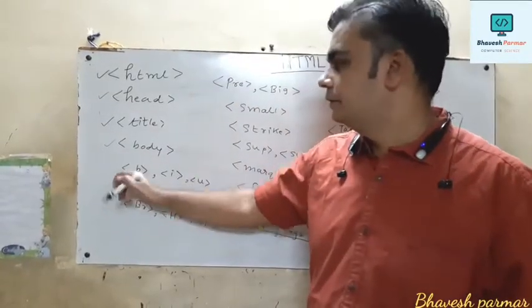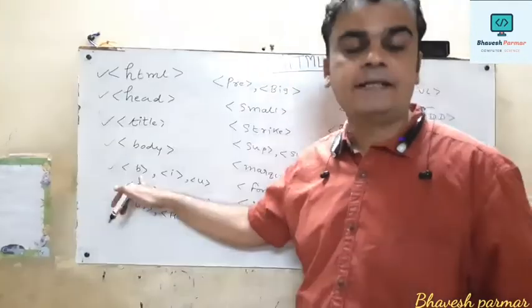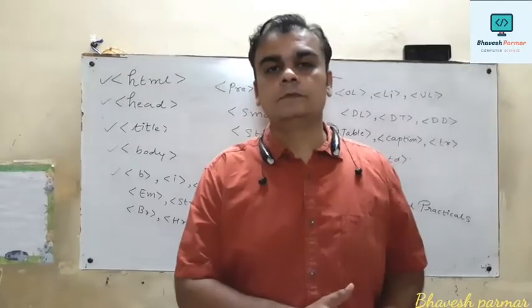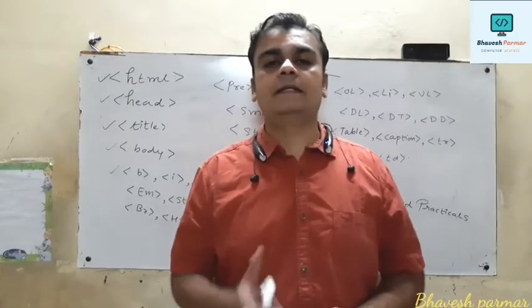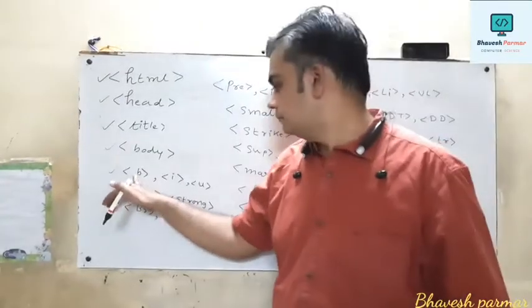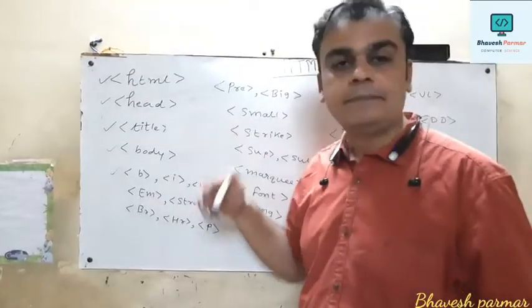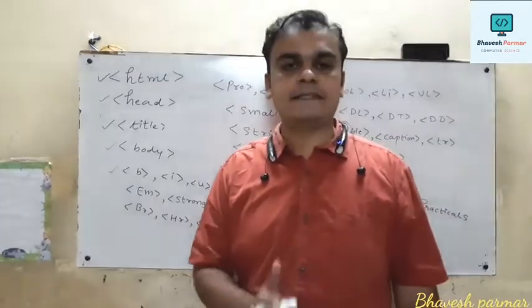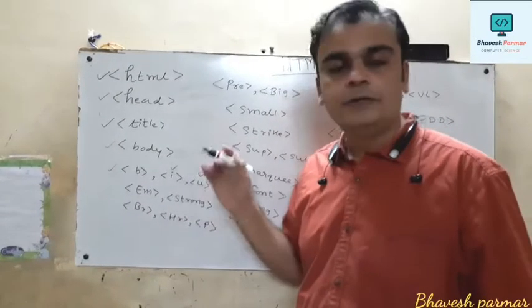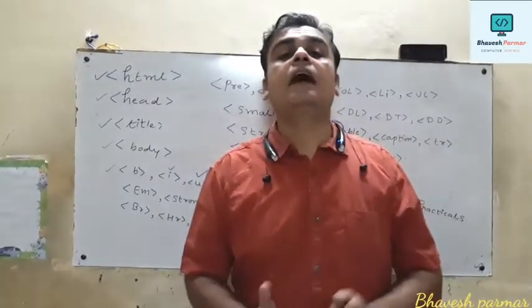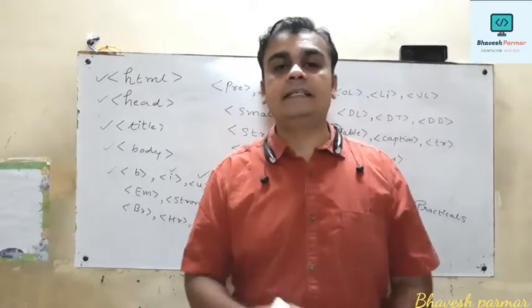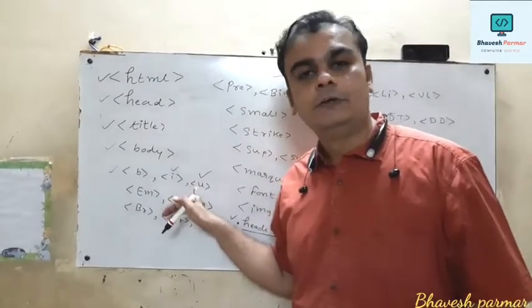In that, thereafter we are going to discuss the B tag. B tag is used to represent the text in bold form. If the user wants to display or highlight some data, it is done using the B tag. Thereafter the I tag. I tag represents italic. It is used to display the text in italic style. Thereafter the next one is the U tag. U tag represents the text in underline form. So if we want to give an underline to particular text, then in that case we recommend the U tag.